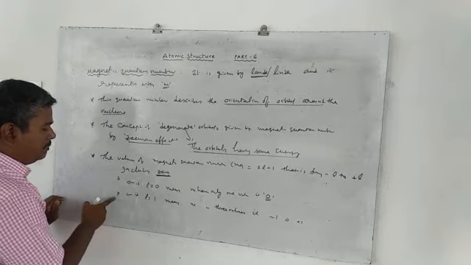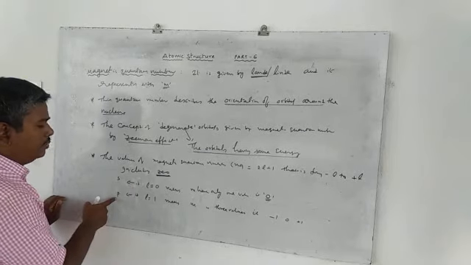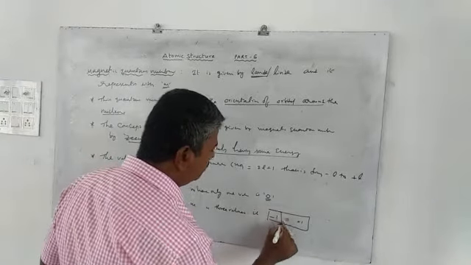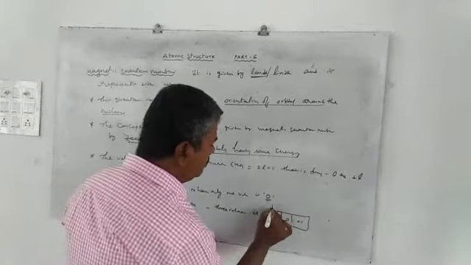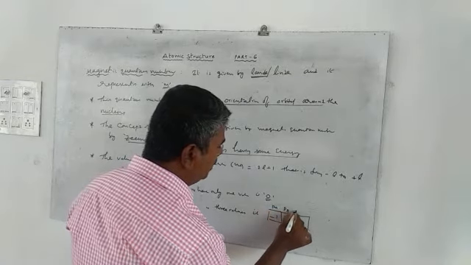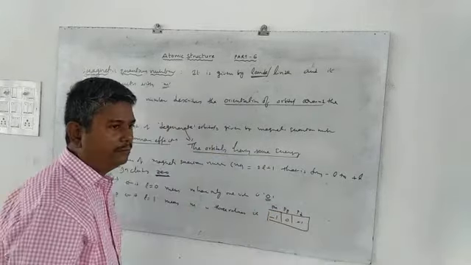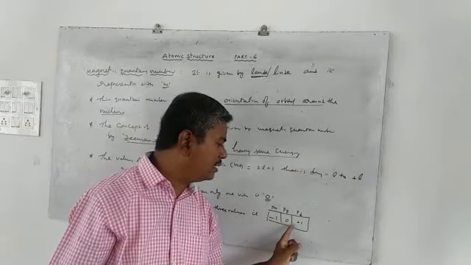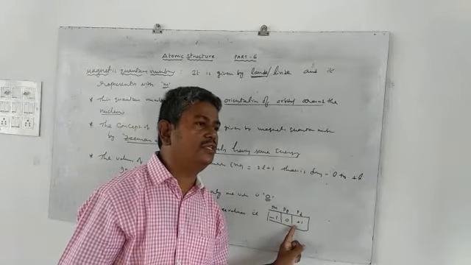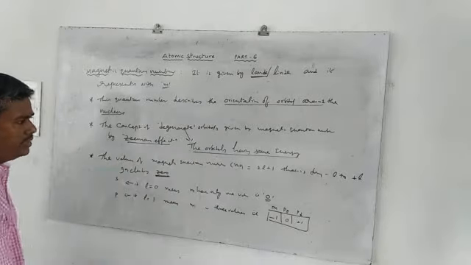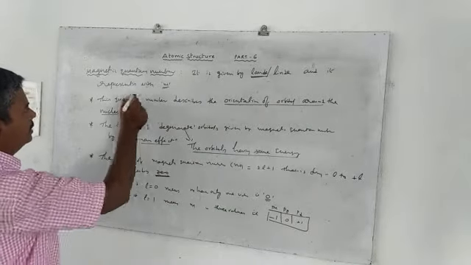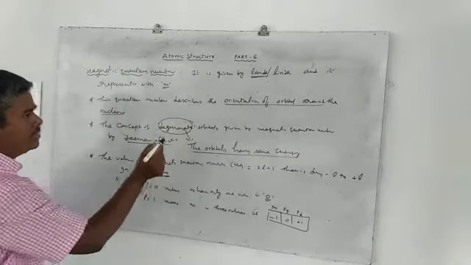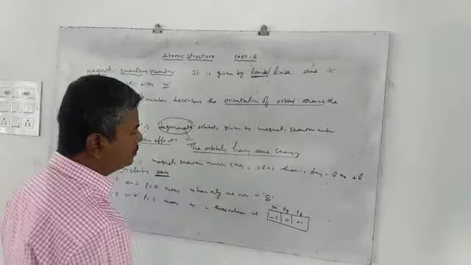That means the P subshell has how many degenerate orbitals? 3 degenerate orbitals. That is termed as Px, Py, Pz. That means these 3 Px, Py, Pz orbitals have the same energy. Clear? So that is why the magnetic quantum number gives the degenerate orbitals, as well as the orientation of the orbital around the nucleus.